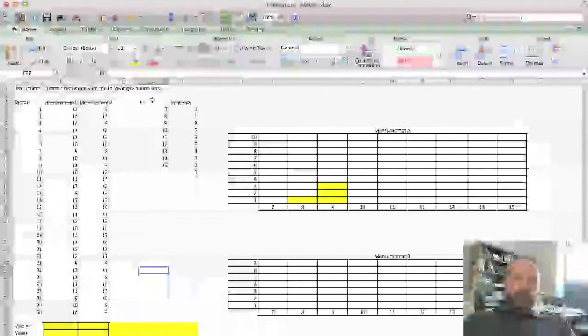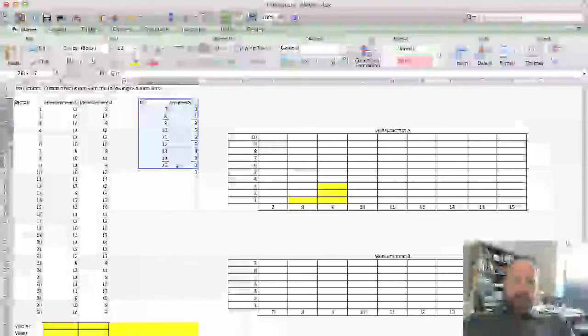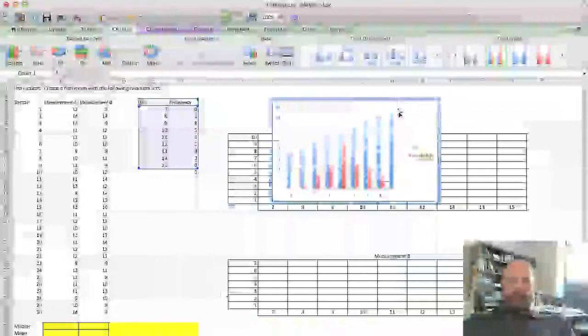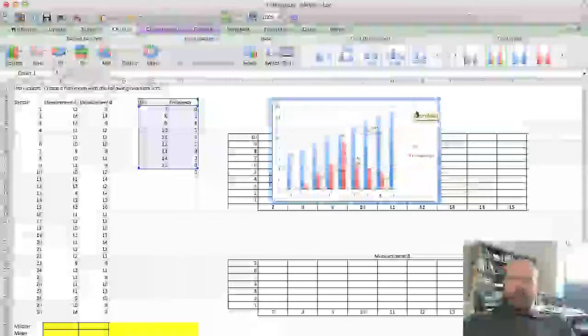Or you can just highlight the bin and the frequency columns. Okay, go to Charts, select Column. Okay, and let me move this. Now it doesn't fall into the field, but you can pick your clustered column, and there it is. And you say, oh, this isn't quite right. When this kind of stuff happens, you can always right-click on the chart and go to Select Data. Okay, and you don't want to use the bin, so you can remove that. And you notice when I removed it, right, you get the right frequency view